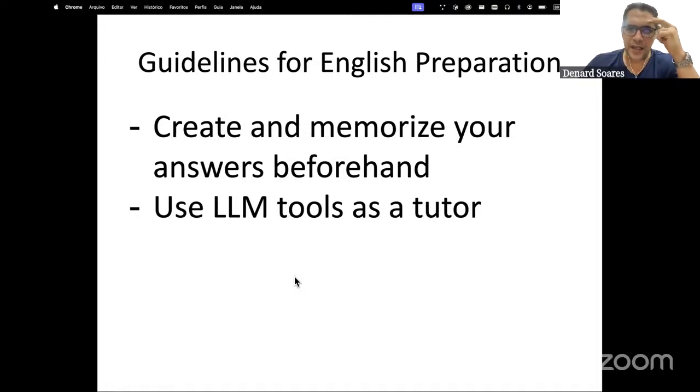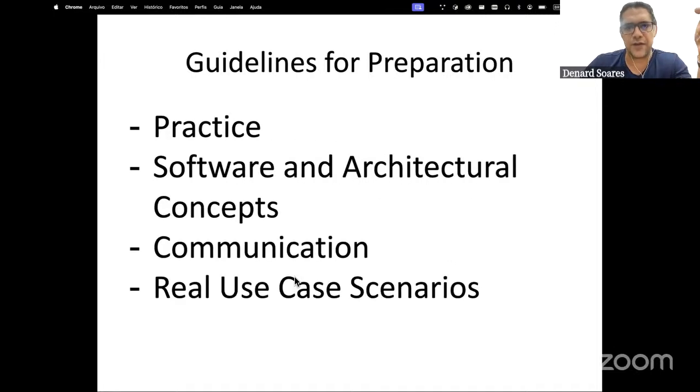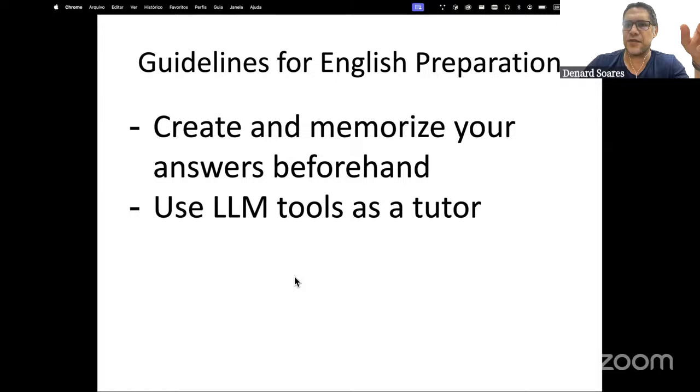Like I said, I've given you some guidelines for technical preparation, but I also have some guidelines for English preparation. It's important for you to think beforehand about the questions that you will be asked. And when you do that, build up your own responses and memorize them.